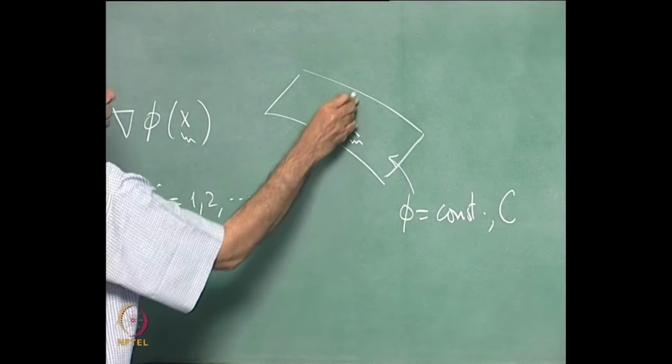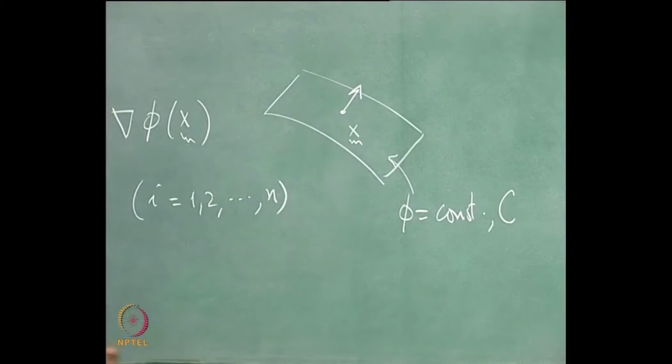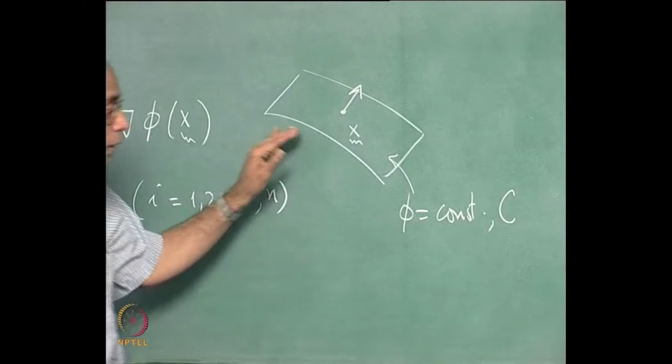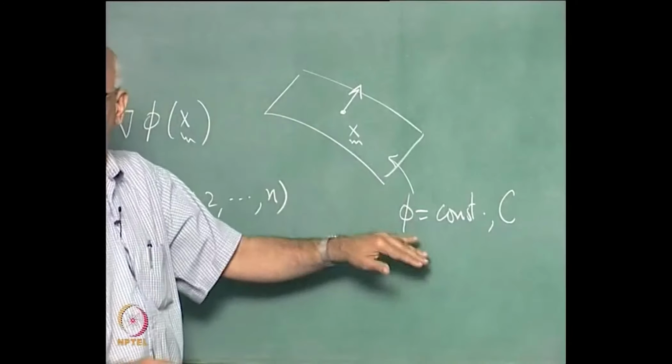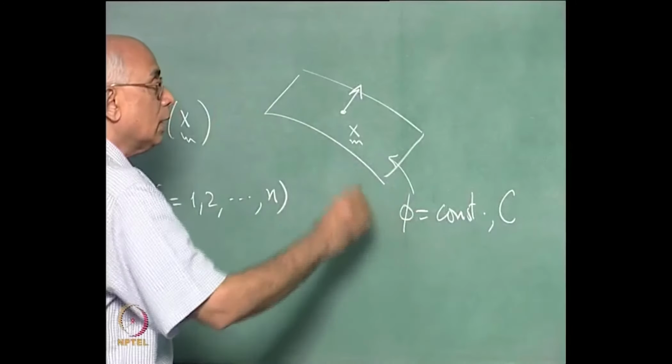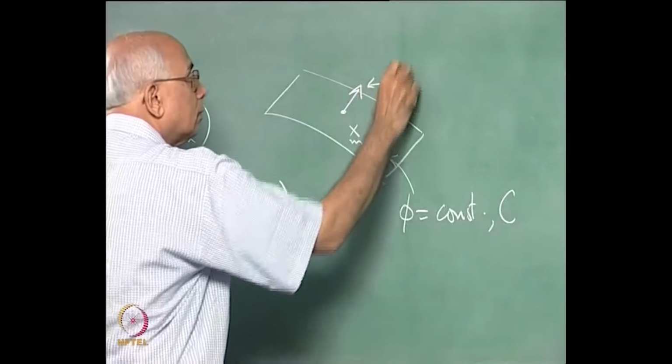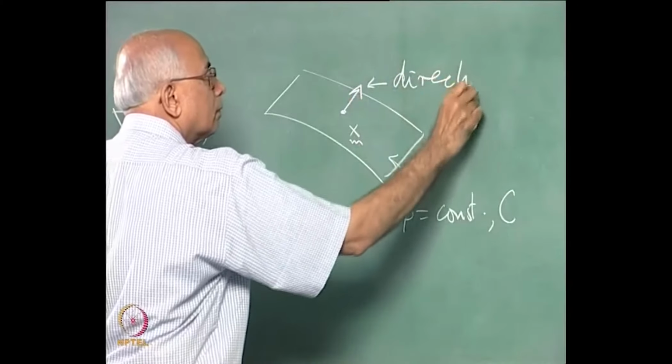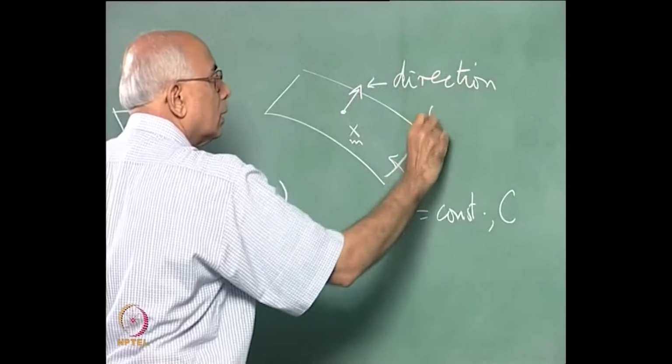Therefore it is normal to the direction of the level surfaces of phi. So if phi equal to constant is a surface, the level surface phi equal to constant, then this is the direction of the gradient of phi at that point,